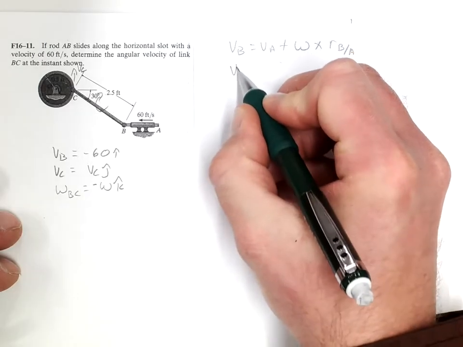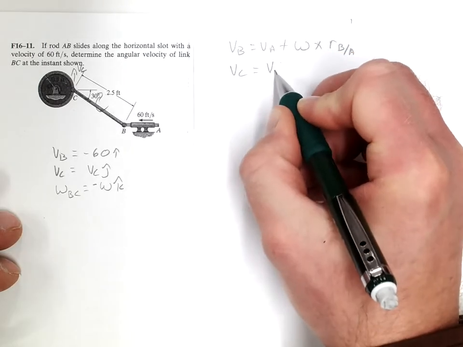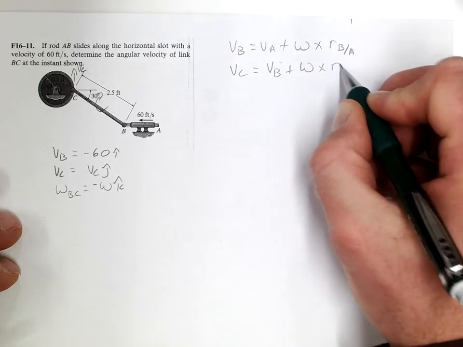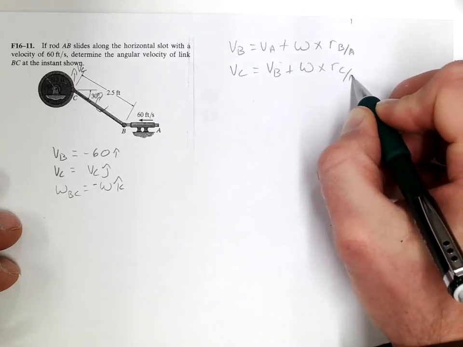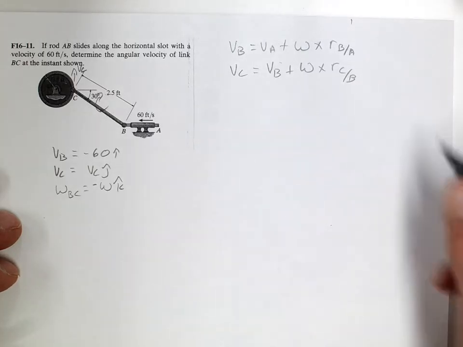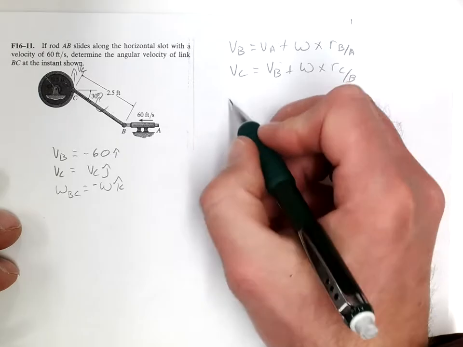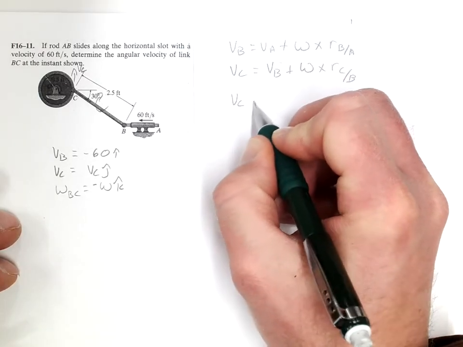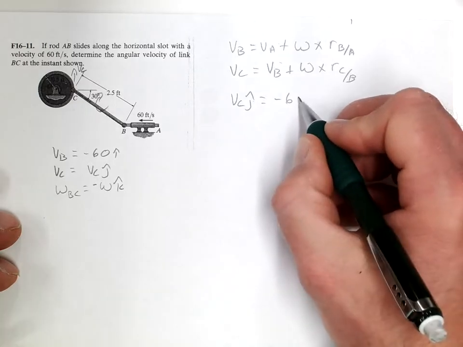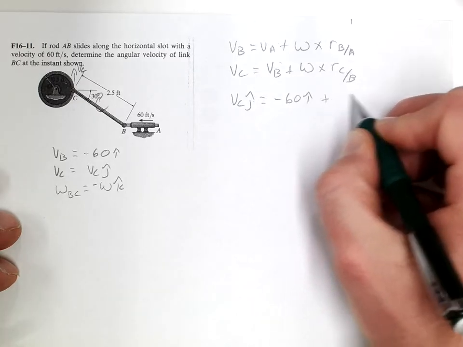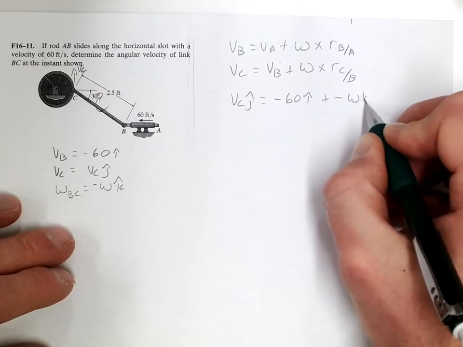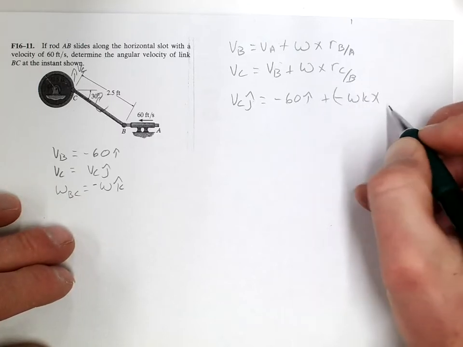So we're going to do VC equals VB plus omega cross RC from B. Okay, so putting these into this, we have VC in the J is equal to negative 60 in the I plus omega, which is negative omega in the K, crossed with